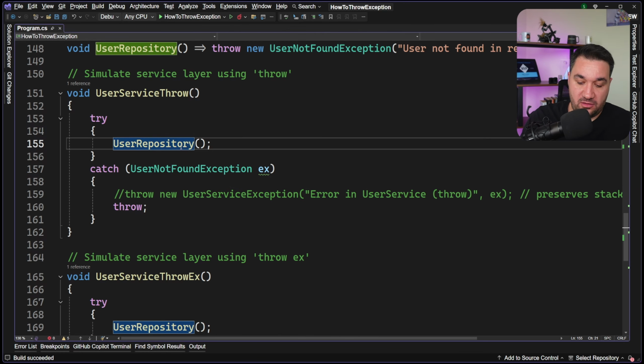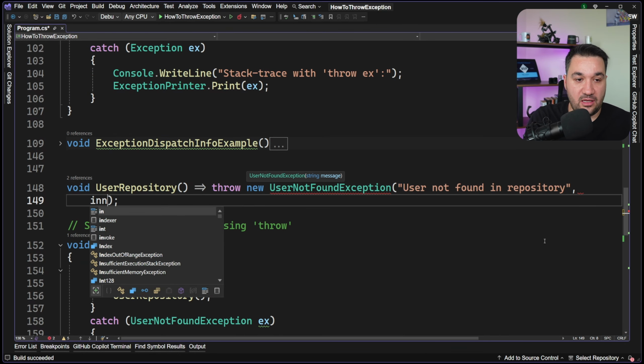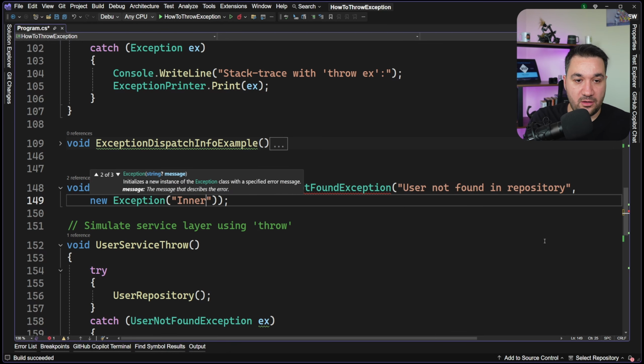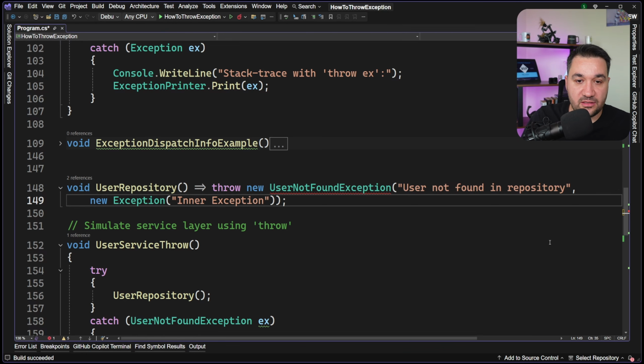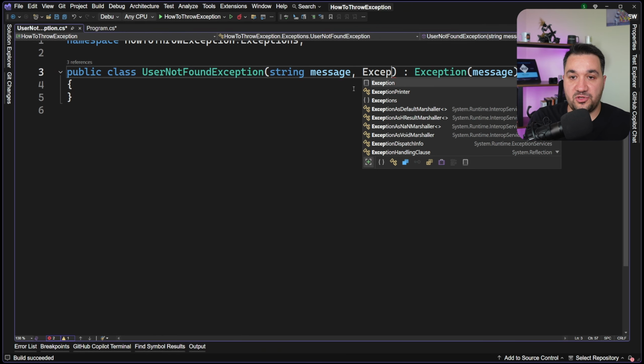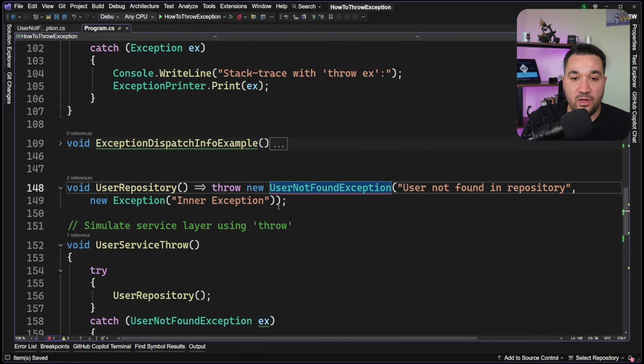So if that throws an exception, let's say it creates UserNotFoundException, but it also says, let's say new, just Exception. Inner exception, it says, okay, this doesn't accept the other one. So let's say exception, it accepts and passes it to the inner exception. So this one,